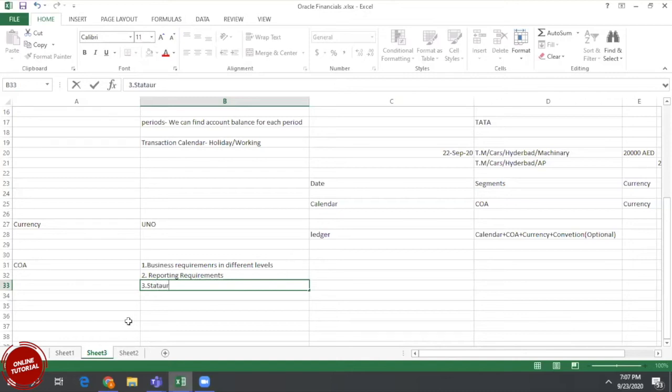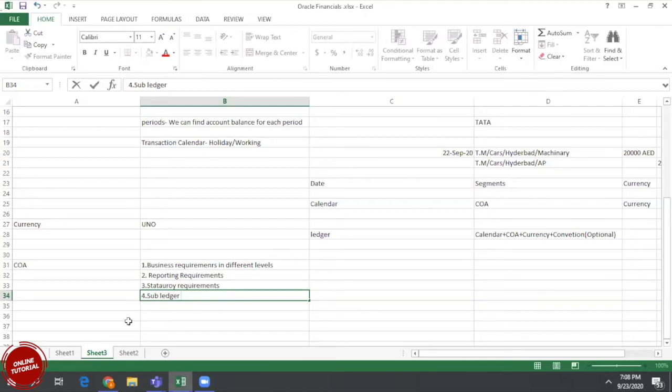For example, if you want to maintain some tax related things or other related issues, if it's really required and that particular segment is really demanded by the legal entities, in such a case we need to consider statutory requirements, and we need to consider subledger requirements also. Subledgers means, when we design the chart of accounts, that is not only for GL, that is also significant and used by other subledgers.